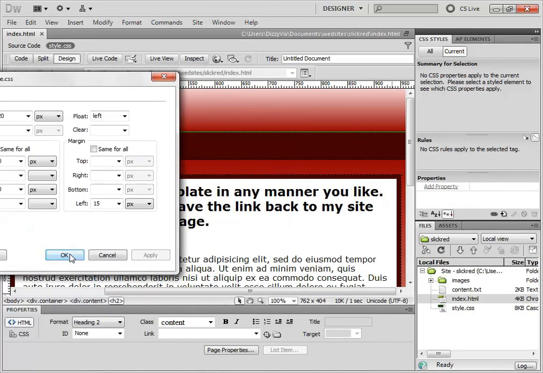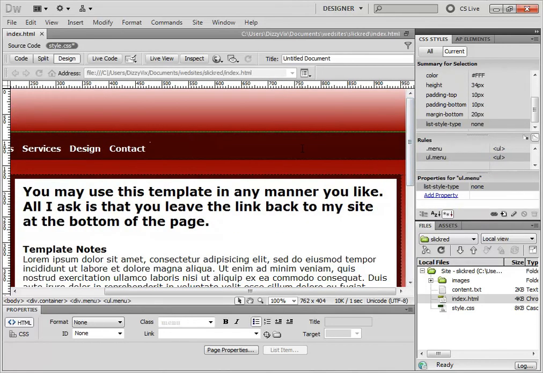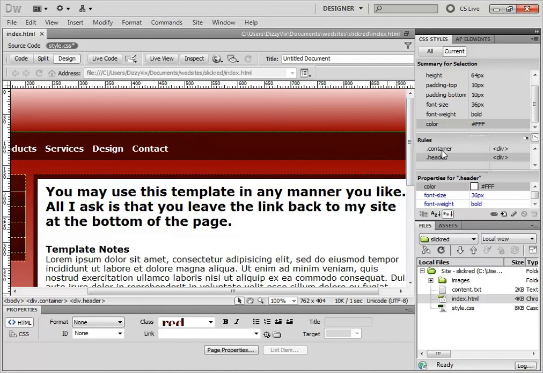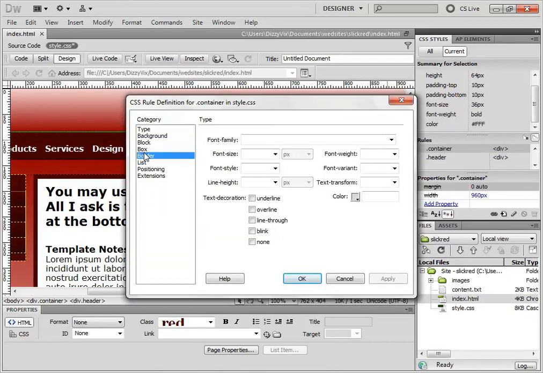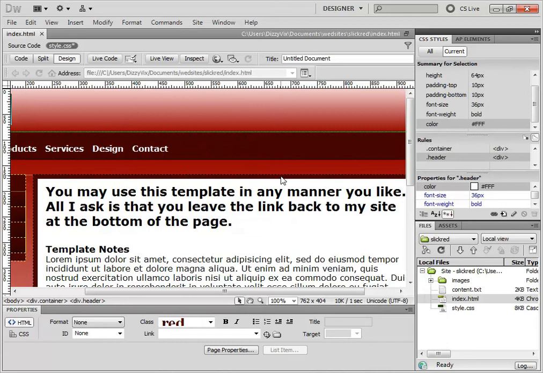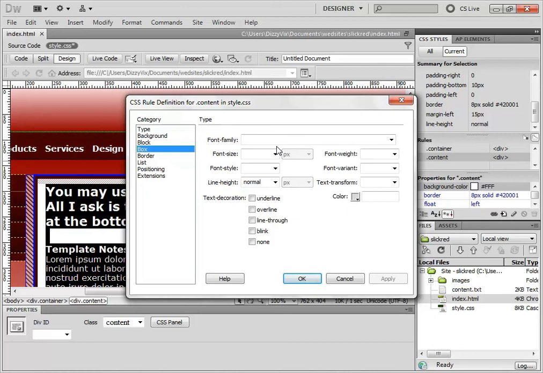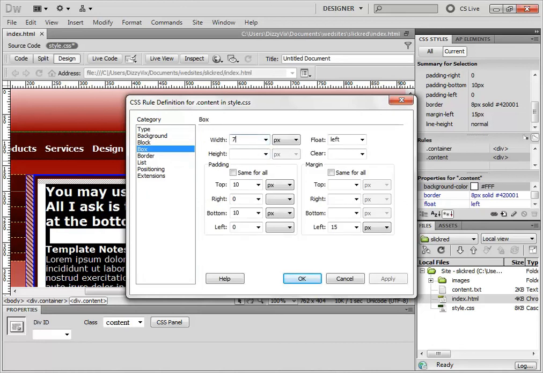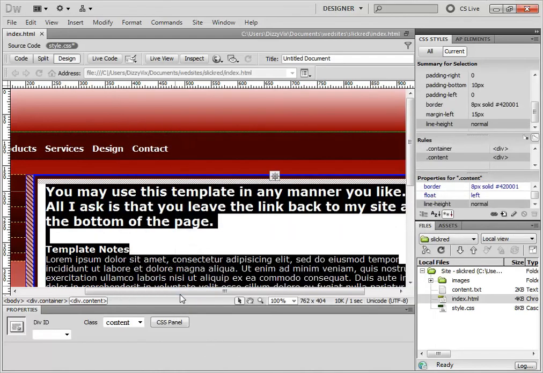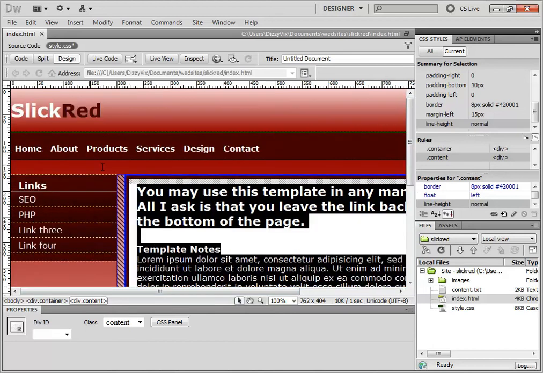720 is okay. If you really want to expand the size of it, you would have to make the entire website bigger. So if I click on container, you'd have to make the box bigger, so you could change this to 1000. Apply. Then click on content and make that bigger by, let's say, 750. Because what you've done here is make the website bigger so it's able to take in that space without shoving